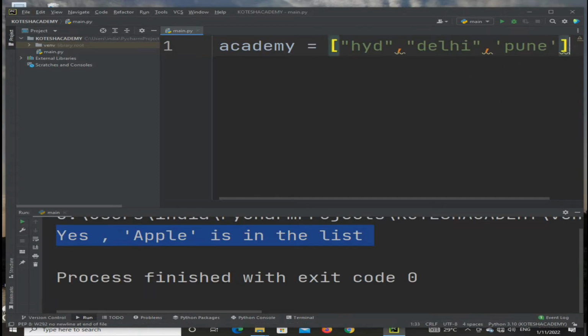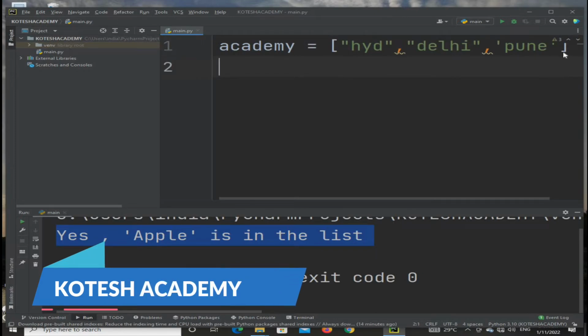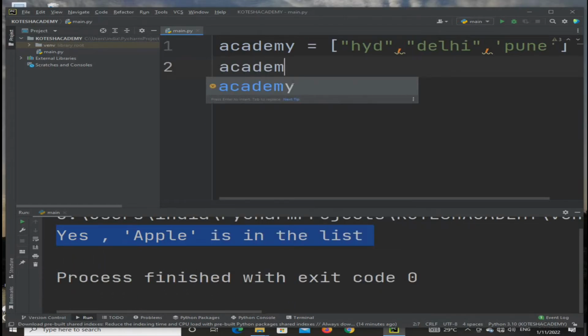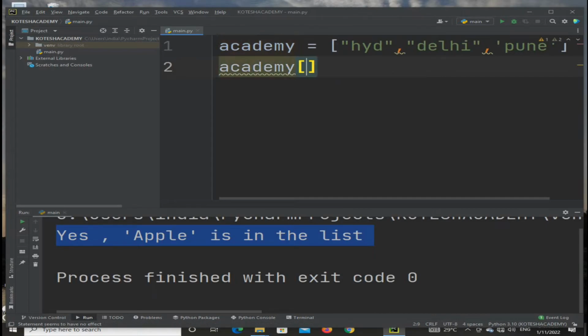Now what is the concept of this change item list? Now I would like to introduce one variable in the particular function. So that is academy of, you have to represent the position, which position I would like to insert. For example, I would like to replace first position.